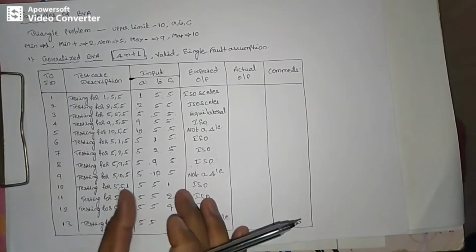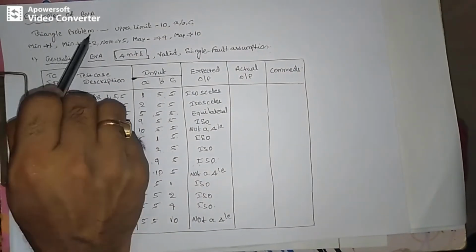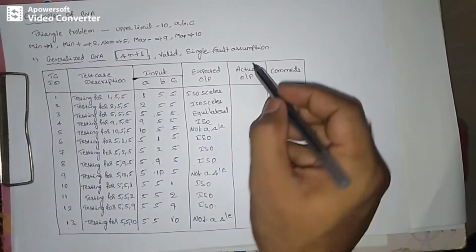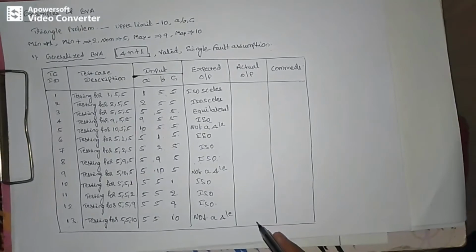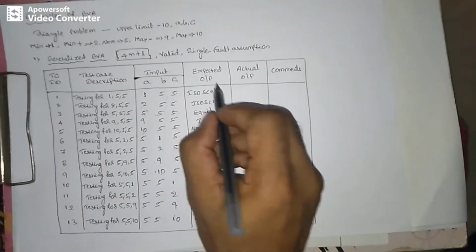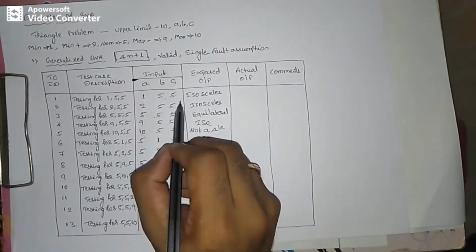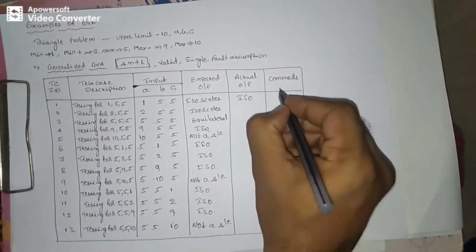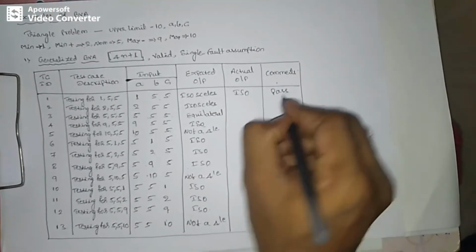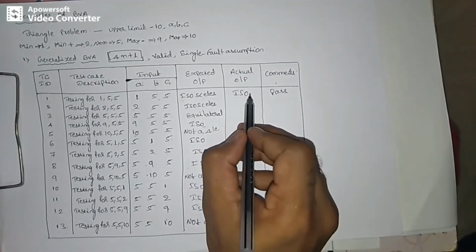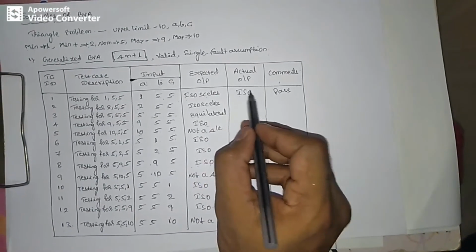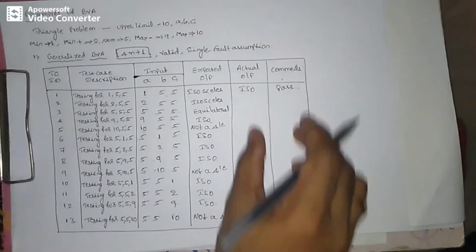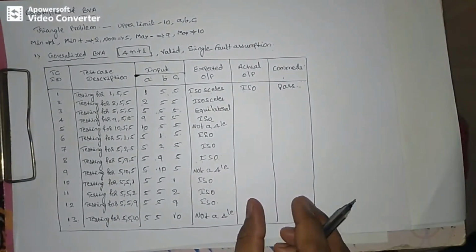So these are the inputs he will specify for a triangle problem. Then he will check the actual output result and list it out here. Let us consider my expected output result for this input is isosceles. If I am getting isosceles, then the comment will be a pass. If you get some other actual output result apart from isosceles, then the comment will be fail. In that order, you need to fill these two columns.